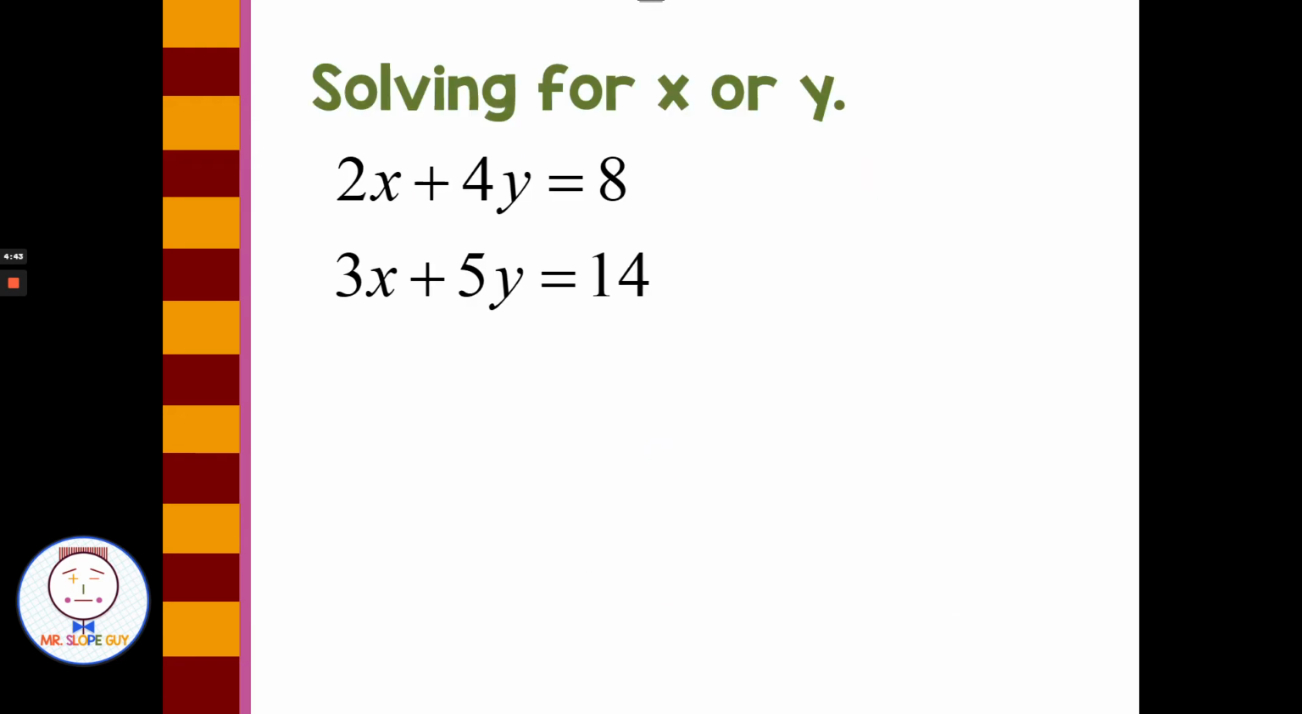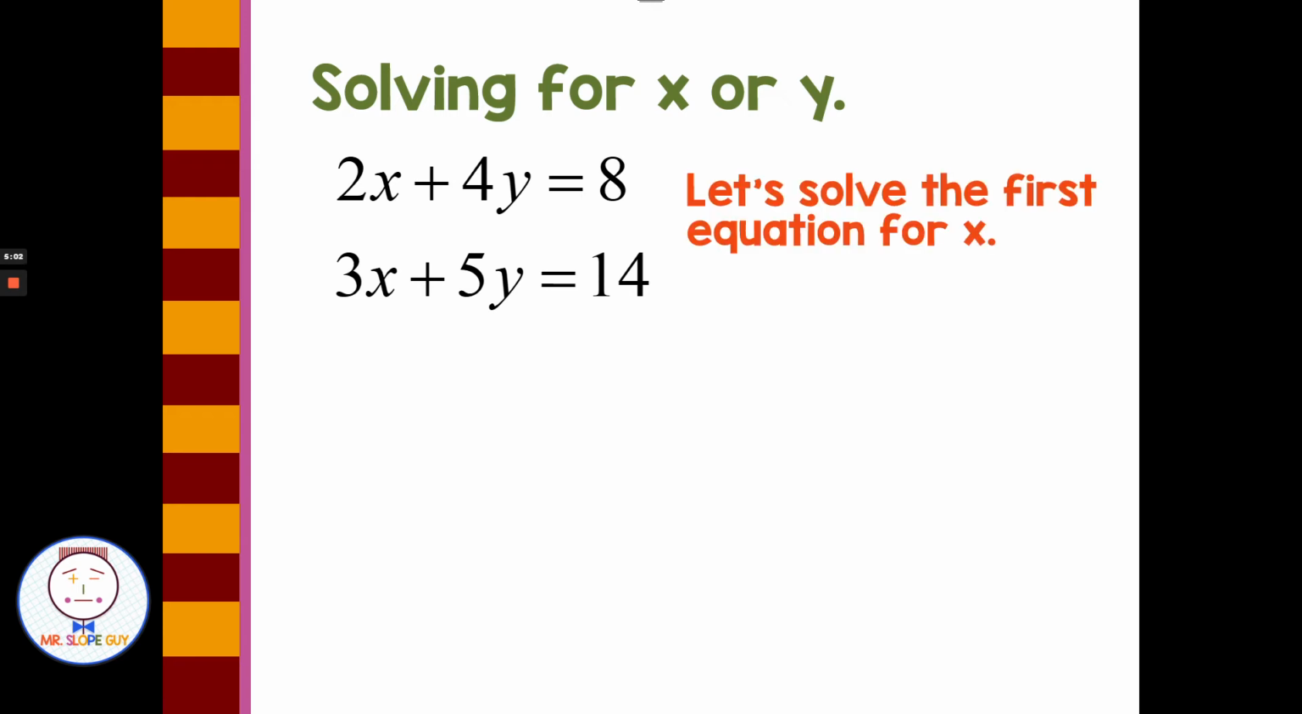All right, so let's look at a harder problem. What can happen in some of the harder problems is, let's say maybe both the equations are not solved for x or y. Well, we can go through the steps of isolating x or isolating y in one of the two equations. Now, your work could be different depending on which one you pick,